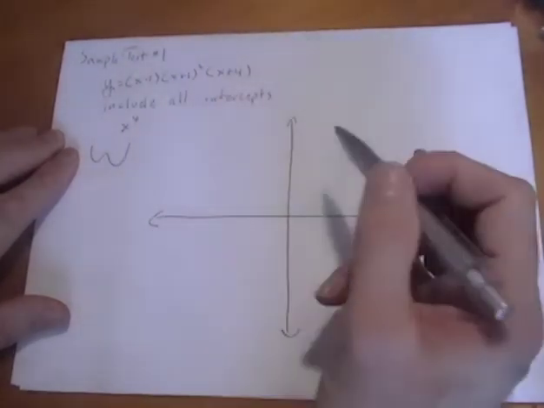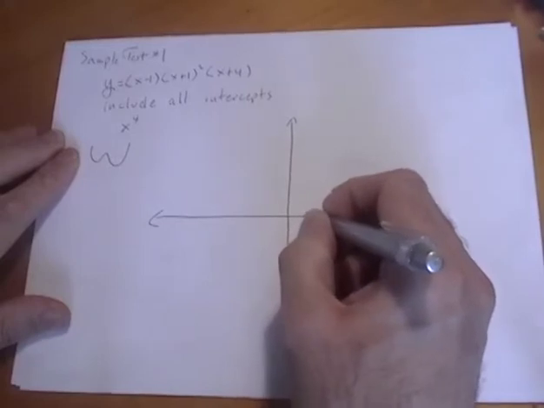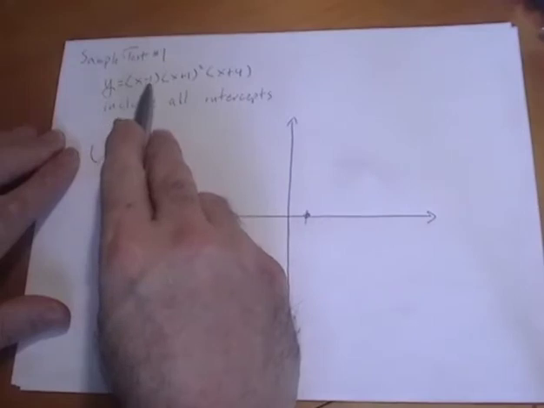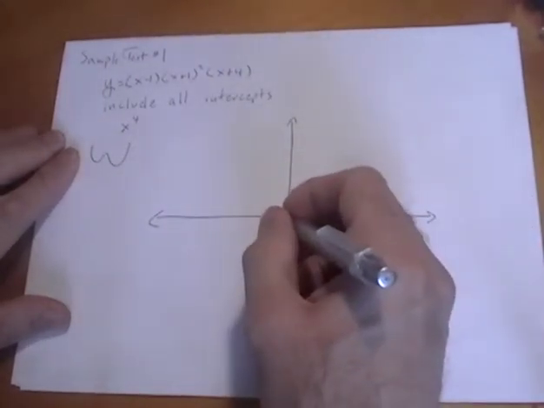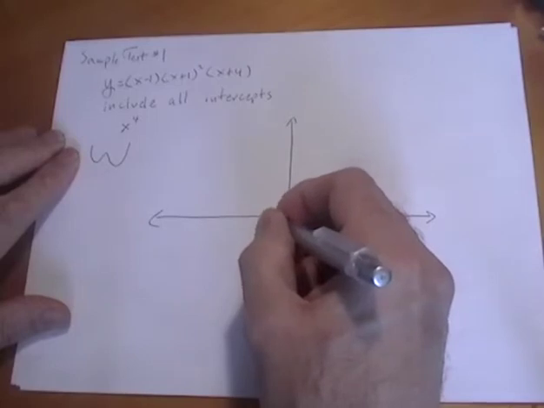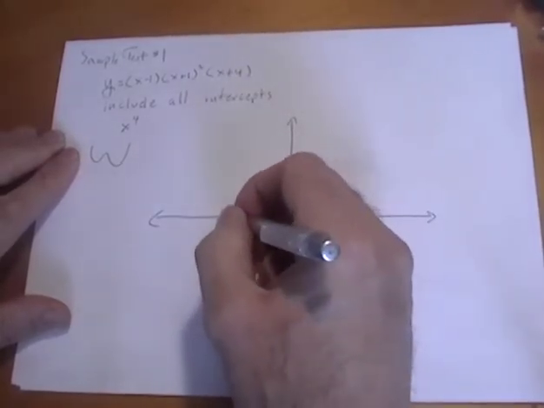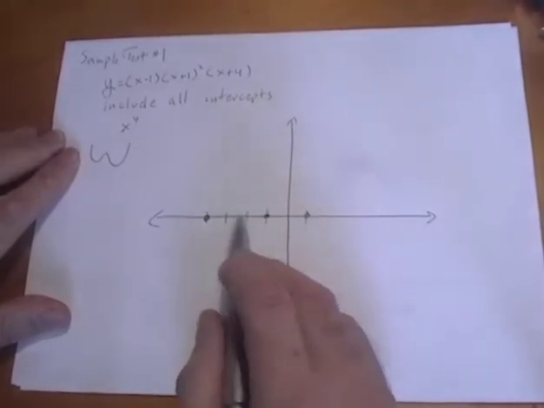I'll graph the x-intercepts. You can read them off in the factored form. So for example, there's one here at the point (1, 0), because if x is 1, this term is 0, which makes the whole expression 0. There's also going to be one at -1 and at -4. Those are my 3